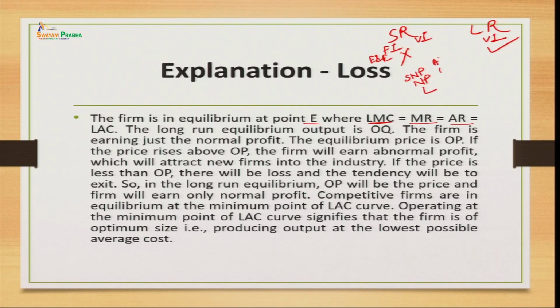Supernormal profit is where the average revenue is greater than the average cost, normal profit is where the average revenue is equal to the average cost, and loss is where the average revenue is lesser than the average cost. Whereas the firms working in the long run under perfect competition will only earn normal profit, because the firms which were earning supernormal profit in the short run will increase their existing capacity and will also invite new suppliers into the market, which will increase the size of output.